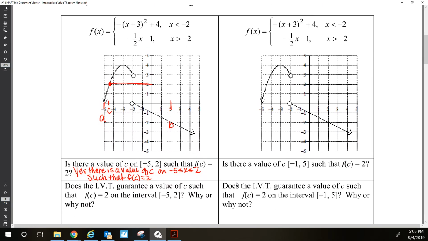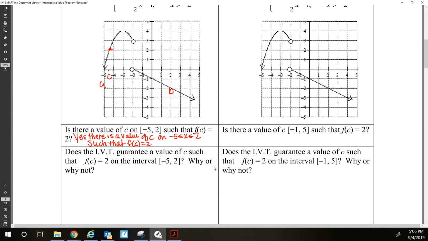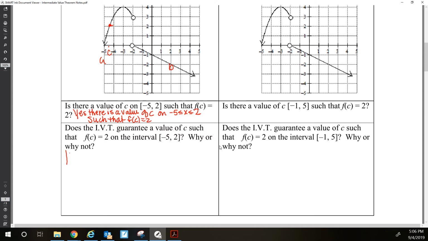if we look at our graph, is f of x continuous on this interval between A and B? No, we have a discontinuity, right? Where's our discontinuity? Right here. What kind of discontinuity do we have at -2? A jump discontinuity, Miss Horace. All right, so I'm going to say IVT does not guarantee the existence of C on -5, 2, such that